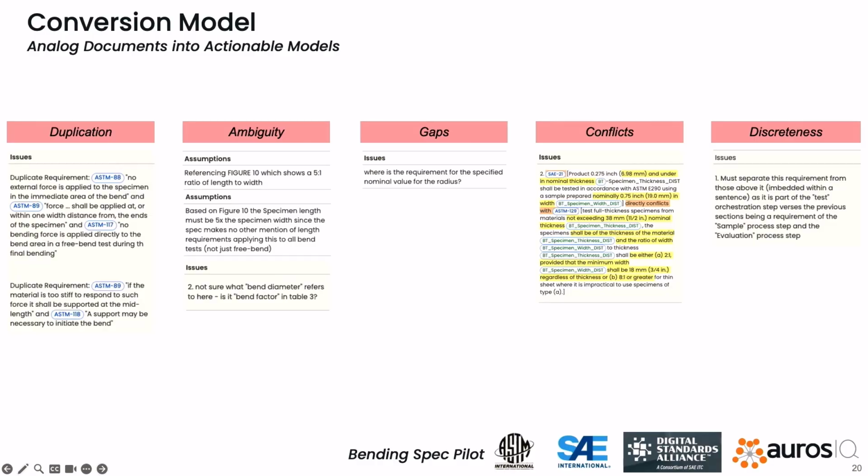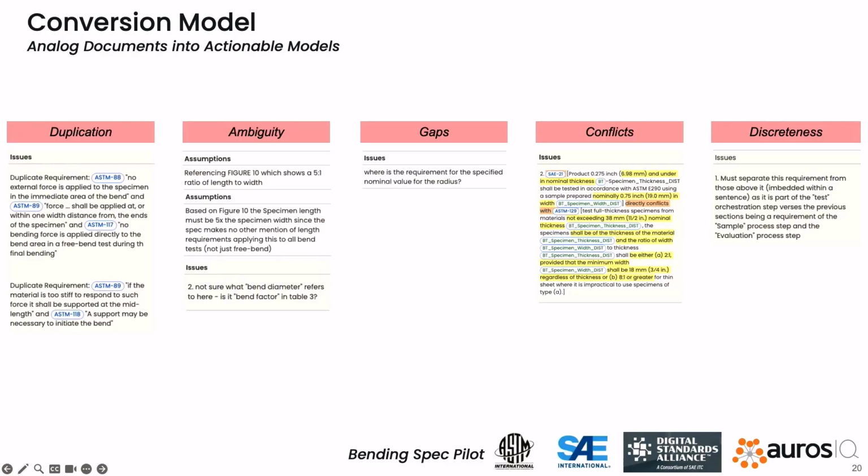You have issues with ambiguity, right? Where when you're trying to parameterize and apply operators to those parameters, you go, oh, you know what, they actually didn't define this ratio. They said it should be a ratio, but they didn't say by how much, right? So it very quickly becomes obvious where your points of ambiguity are that need to be closed. And gaps is kind of similar to ambiguity, but I guess ambiguity is more something could be interpreted multiple ways versus gap is truly, there's just a piece of information missing. Something missing, yeah. Right.